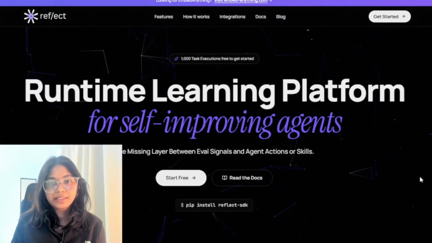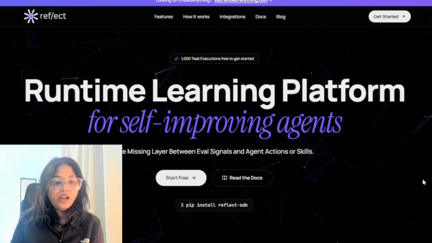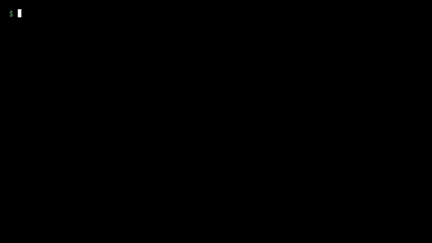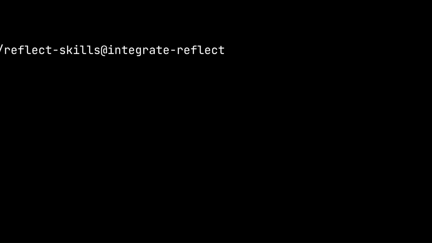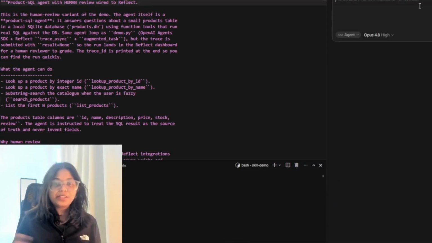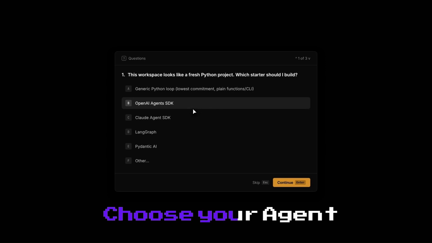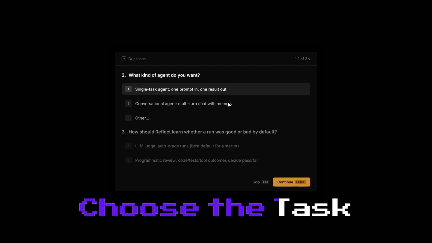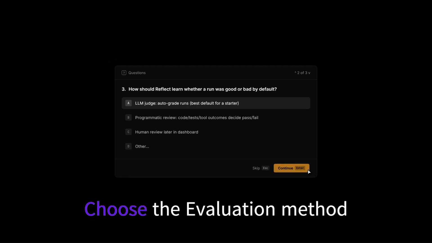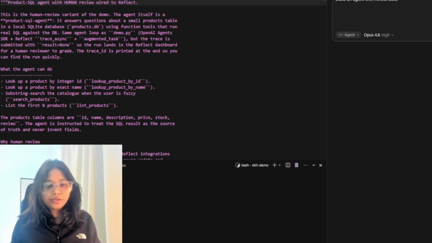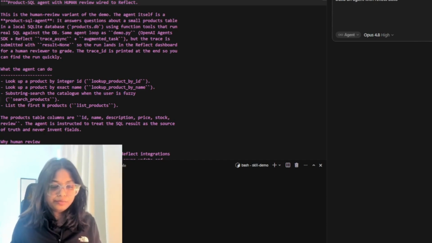Now let's see how easy it is to integrate it with your current stack. All you need to do is go down, install the skill, and ask your agent, like Cursor or Codex, to build. It asks you certain questions about what framework you want to use, what observability and what evals you want to set, and it also has a smoke test if you need. One more thing that I wanted to cover is what it actually shows. So let's see a run through.